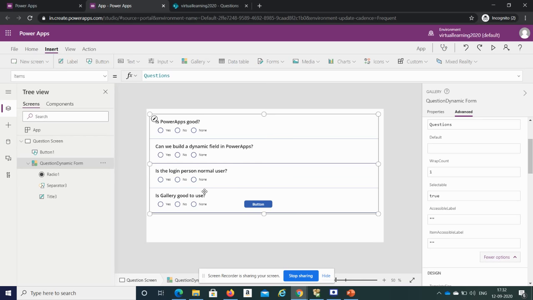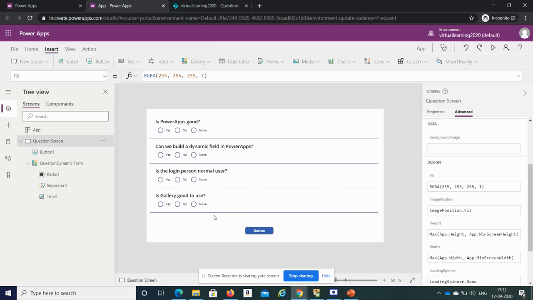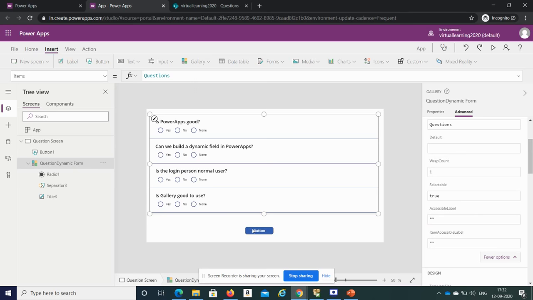If more questions are added, I will just give you the example. I will make this button outside of the gallery. Now this button is not inside that gallery. Now see what will happen. If I reduce the size of this gallery, we'll get the scroll button here.